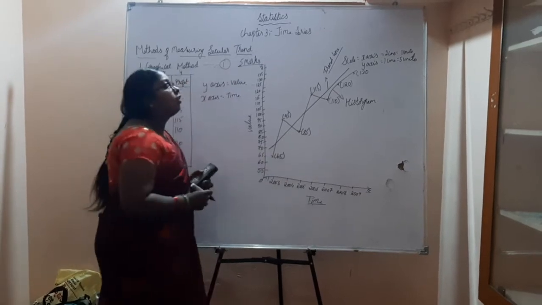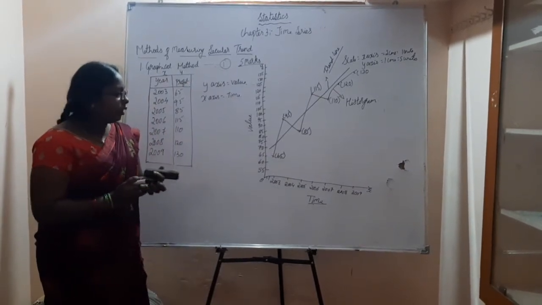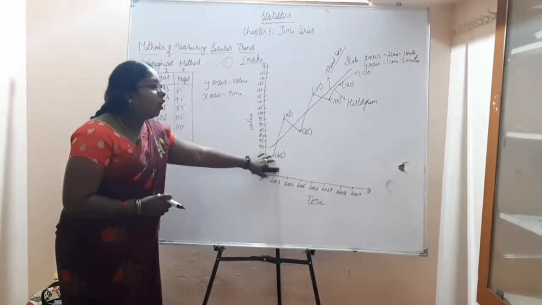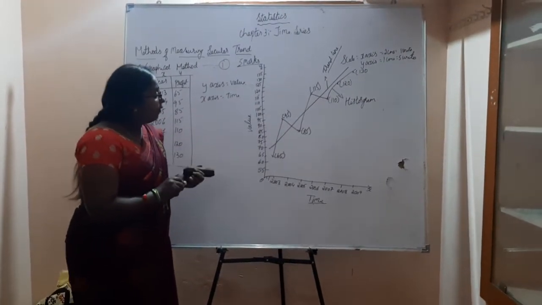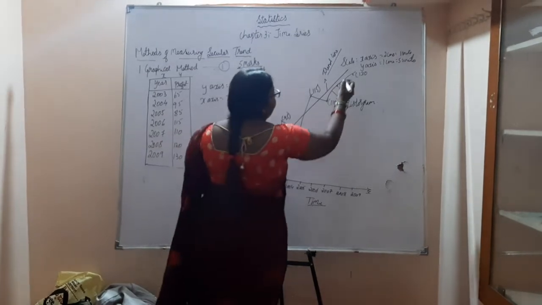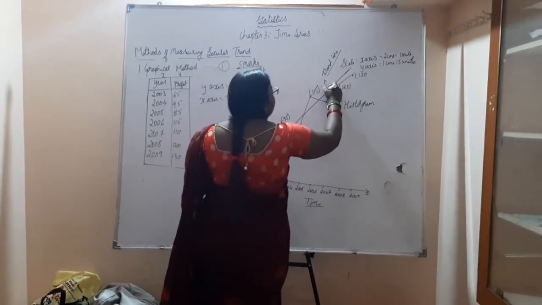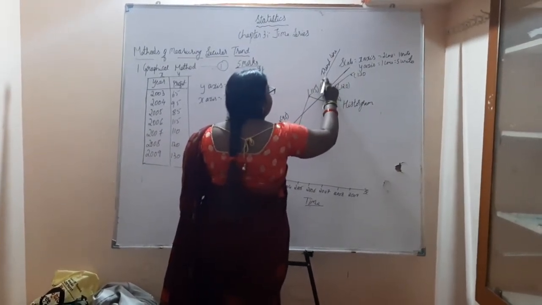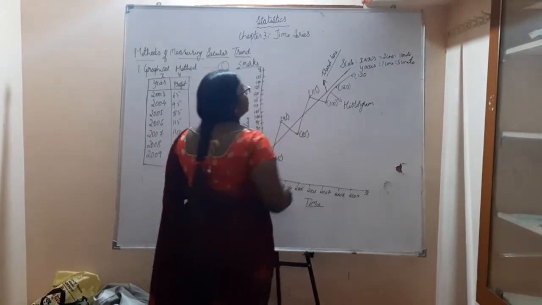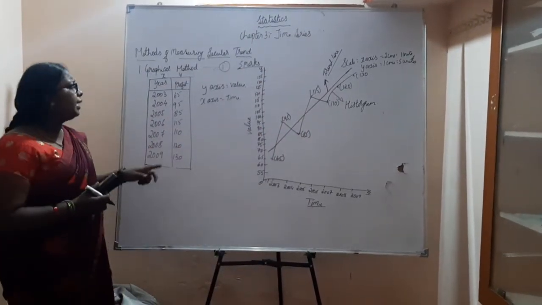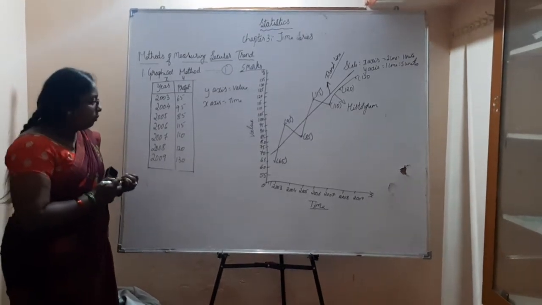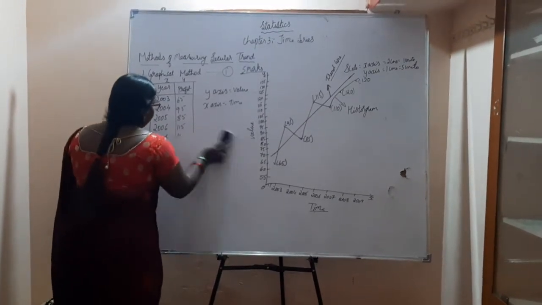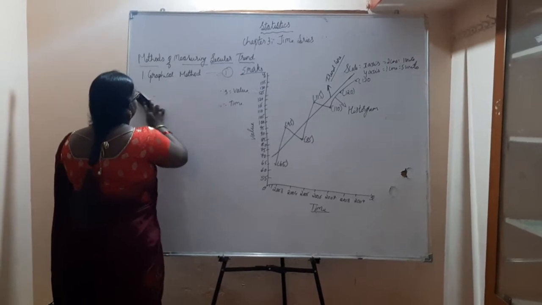Always for your trend line, you will leave the first term and start from the next term. So from 70 till 130, I will draw the trend line. This line which I am drawing is my trend line. In the notes, I will give you the solved problem in detail. Next, I will move on to the second problem, the same on the graph.